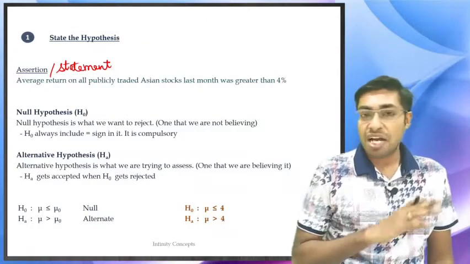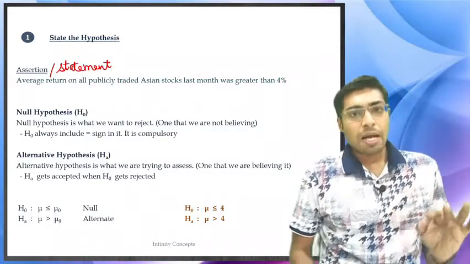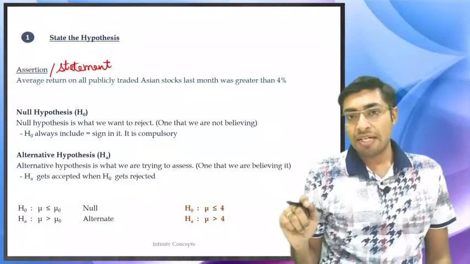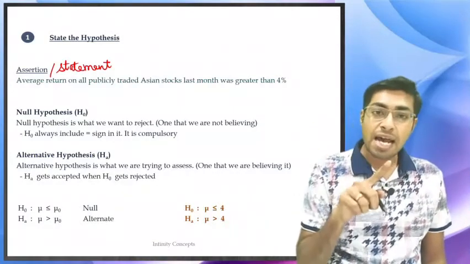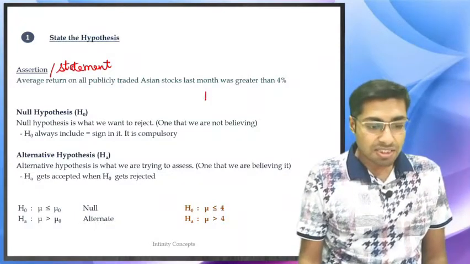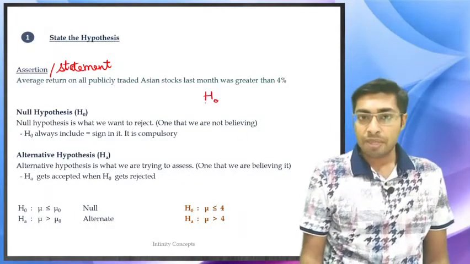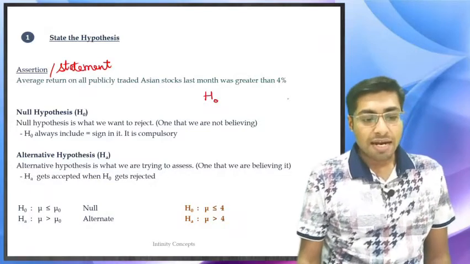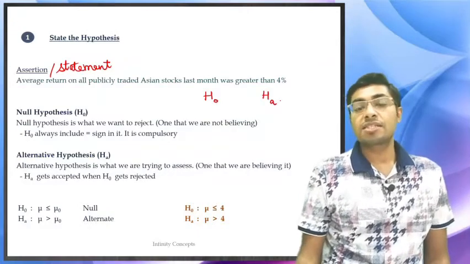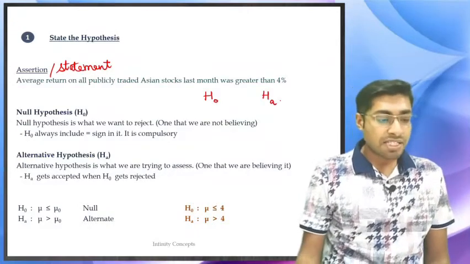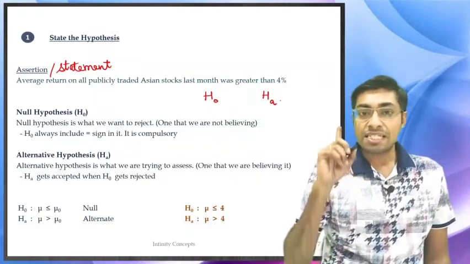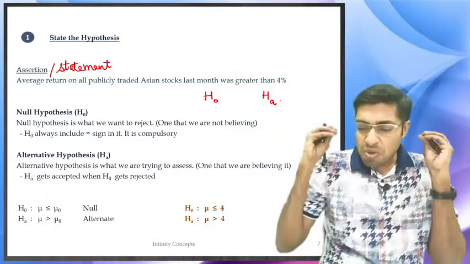Now one thing that we are not believing. So remember over here, based on whatever the assertion or the statement that we have made, there is going to be two things: a null hypothesis and an alternative hypothesis. A null hypothesis is written like this: H0, which is your null hypothesis, and alternative hypothesis is written as HA. This is your alternative hypothesis. So what are we saying over here? Null hypothesis. A null hypothesis is such that we always want to reject.